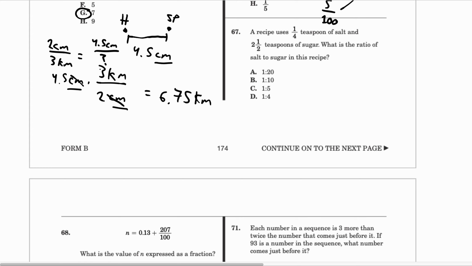Okay, 67. So a recipe uses this amount of salt and this amount of sugar. So 1/4 teaspoon of salt and 2 1/2 teaspoons of sugar. What is the ratio of salt to sugar in this recipe? Okay, so we see that each of these start with 1, so this is the amount of salt. So we can set a proportion here. So we have 1/4 teaspoon of salt is to 2 1/2 teaspoons of sugar,